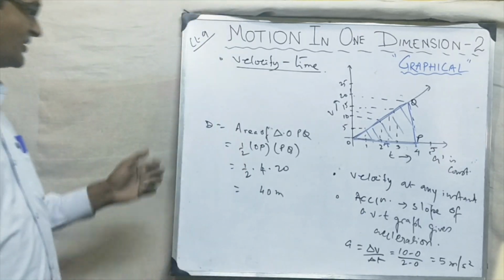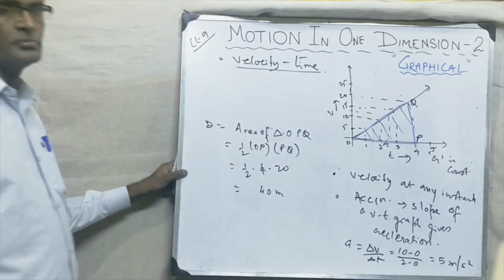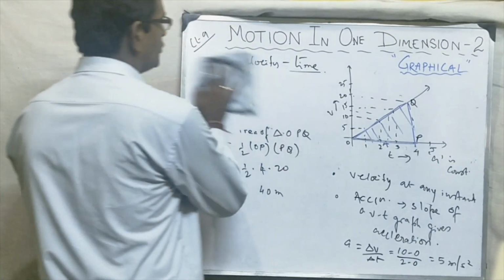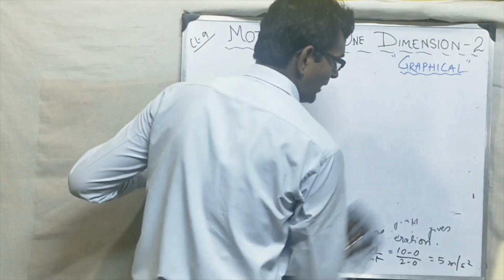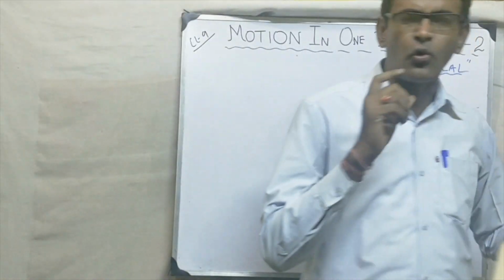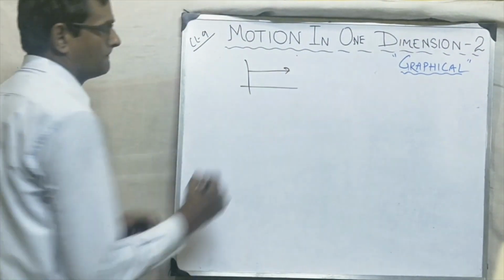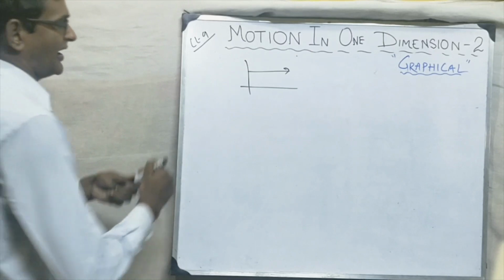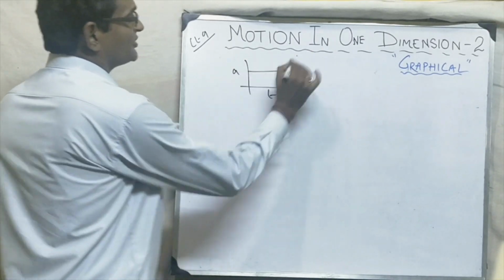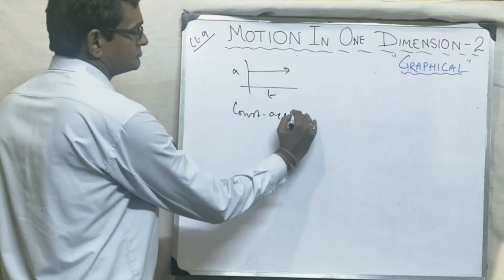Okay, students? Anyway, so this is all about the displacement time graph. Now we are coming to the acceleration time graph. As I told you, in our syllabus we have only constant acceleration. So whenever something is constant, not changing, its graph is this way. What does this horizontal line show? This is the acceleration time graph, and it means constant acceleration.